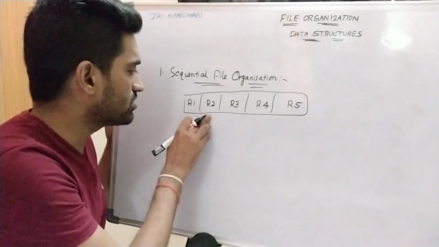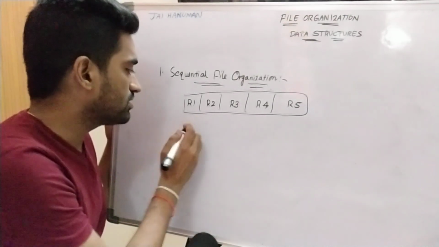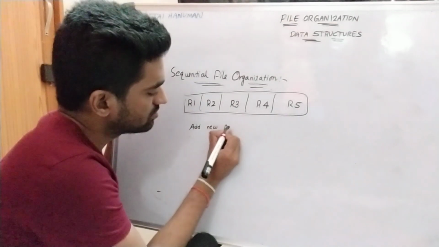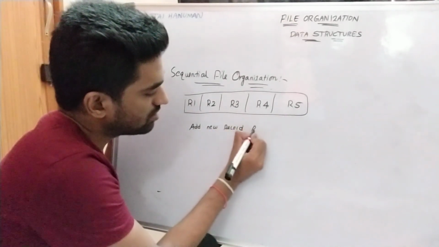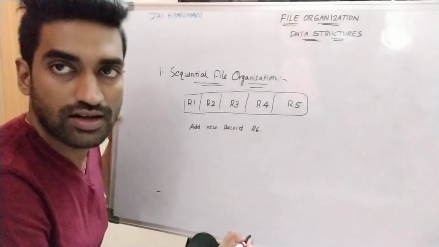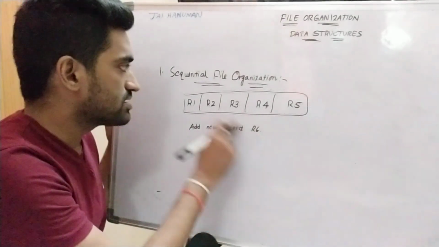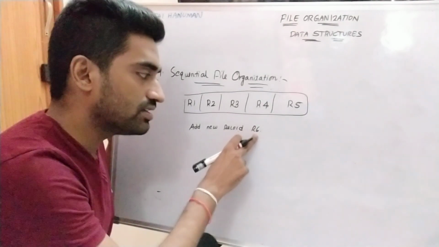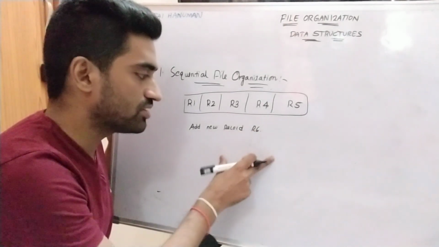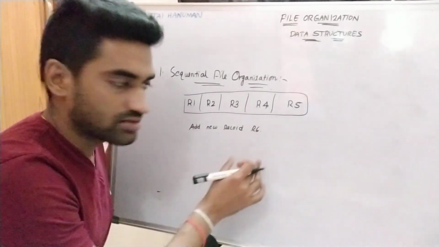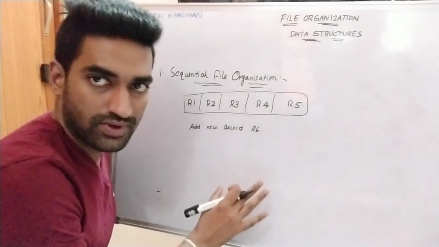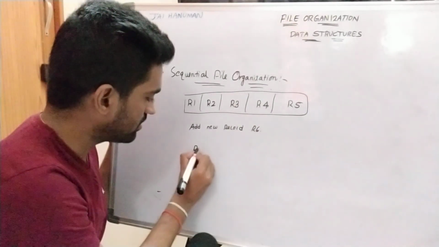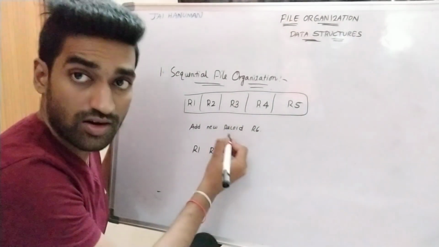So here, suppose I want to add a new record, R6. In sequential file organization, it is not possible to add a new record in between records. Simply, it can be added at the end of the file, right? Now the new sequential file becomes R1, R2, and so on after adding the R6 record,